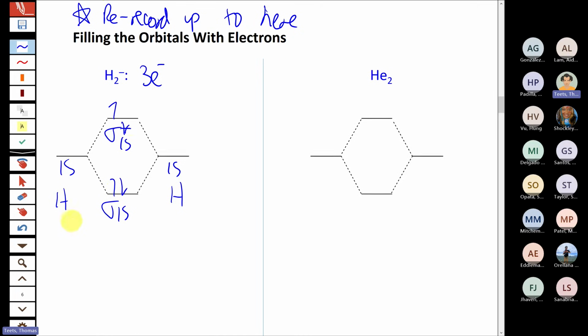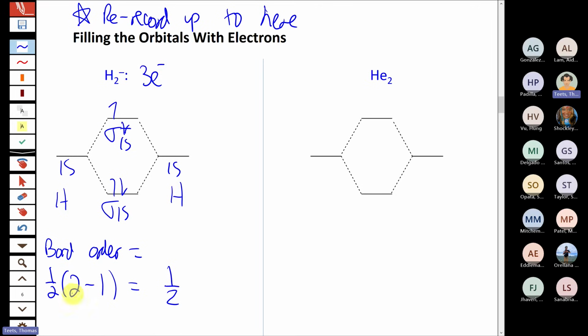All right, so then when we look at the bond order for this, we already know it's paramagnetic because it's this odd number of electrons, but for the bond order, we have to do the quick calculation. This time we have 2 electrons in the bonding orbital still, so sigma 1s has 2 electrons in it. Sigma star has 1 electron in it now, so we have a 2 minus 1, which gives us, again, a bond order of 1/2. So H2 plus and H2 minus both have bond orders of 1/2 for a slightly different reason.